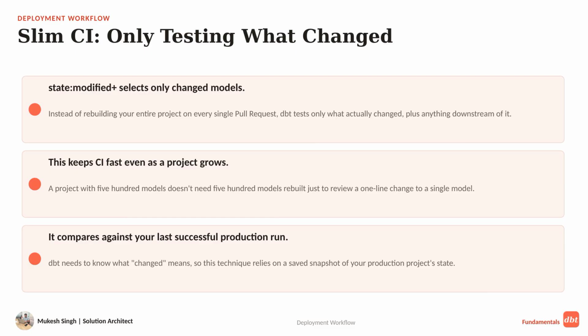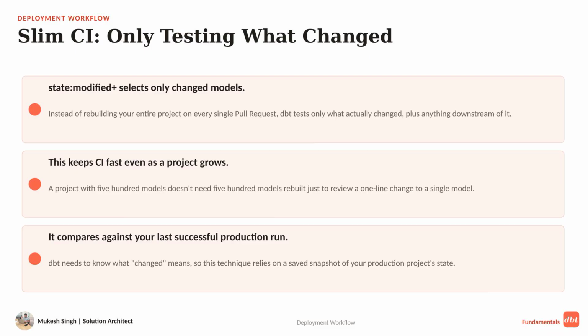Instead of rebuilding your entire project on every single pull request, DBT tests only the models that actually changed, plus anything downstream that depends on them. A project with 500 models doesn't need all 500 rebuilt just to review a one-line change to a single model. This technique, often called Slim CI, works by comparing your pull request against a saved snapshot of your last successful